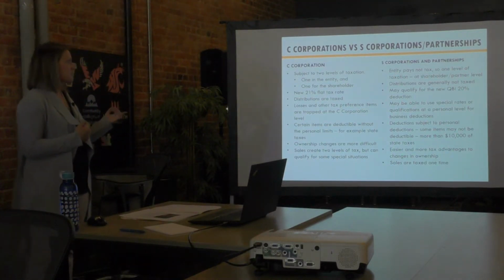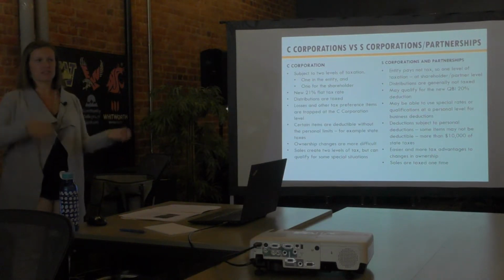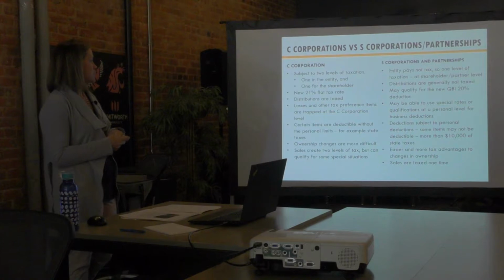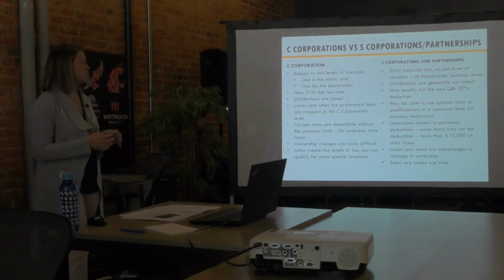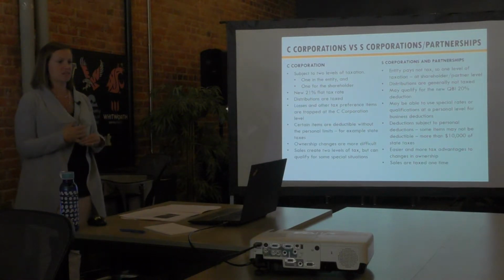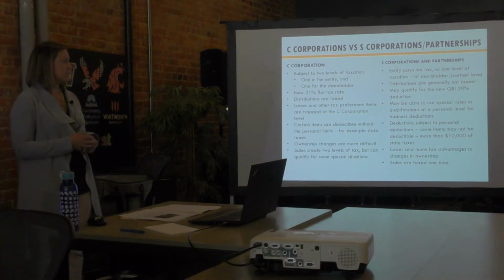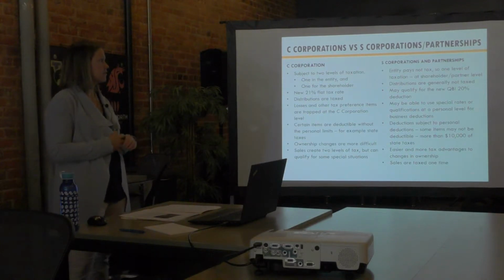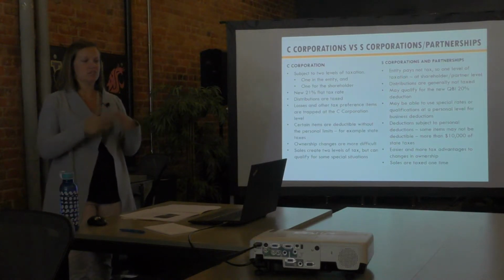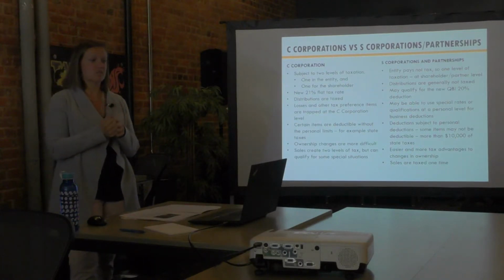And then ownership changes on a C Corp can be kind of difficult. At least coming from an S Corp or a partnership, it's a little easier to swing people in and out of those. It's a little more complex to do it for a C Corp. And if you were to sell the entity as a C Corp, you would pay tax at the C Corp, and then whatever went to the people who owned it, they would also have to pay tax on that, because it would essentially be kind of like a dividend at that point, whatever got paid to them as the entity wound down. And the flow-through sales are taxed once, so if you sell the assets, maybe, and then you distribute that to the owners, you've only paid tax on the assets, or maybe you sell the whole entity, it's really only taxed once.